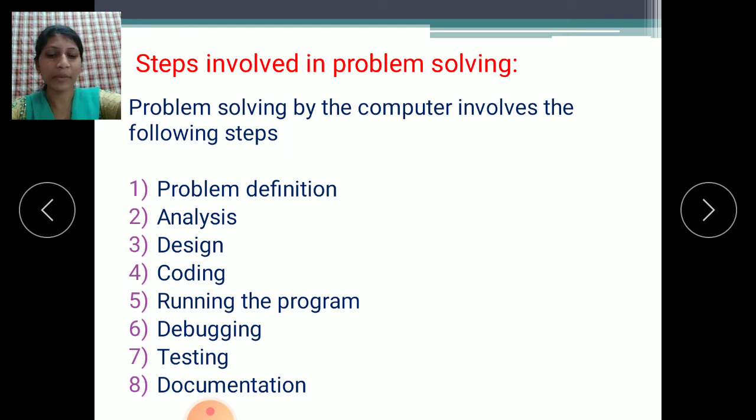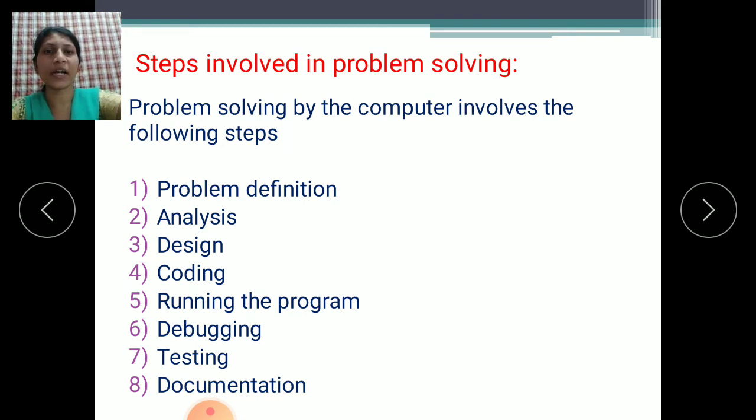The program can be run on the CPU after writing of program is done. Means whatever code you have written, run on the computer. It has some steps. We'll see later one by one. There are some steps to running the program. We will discuss later in detail.